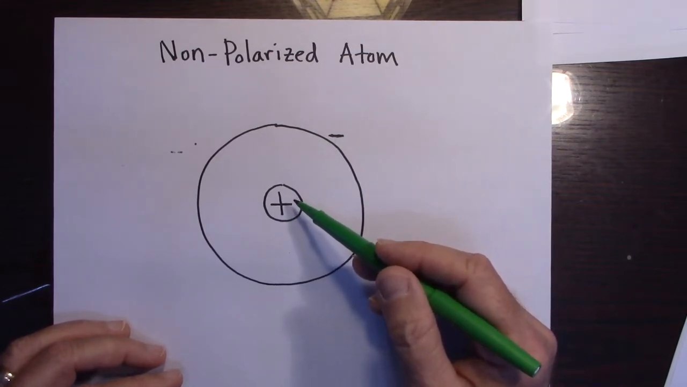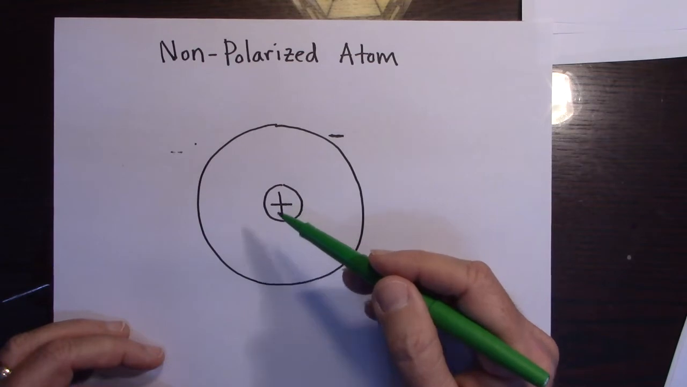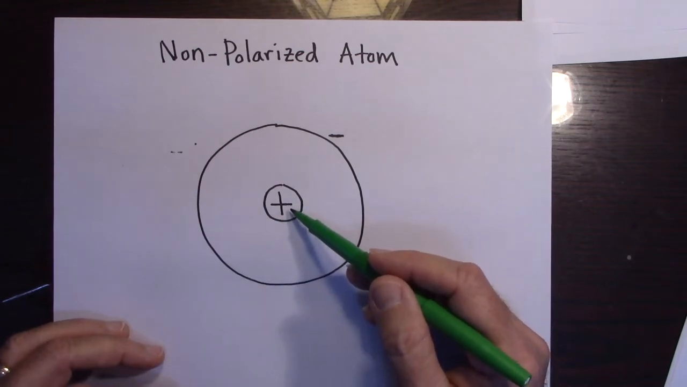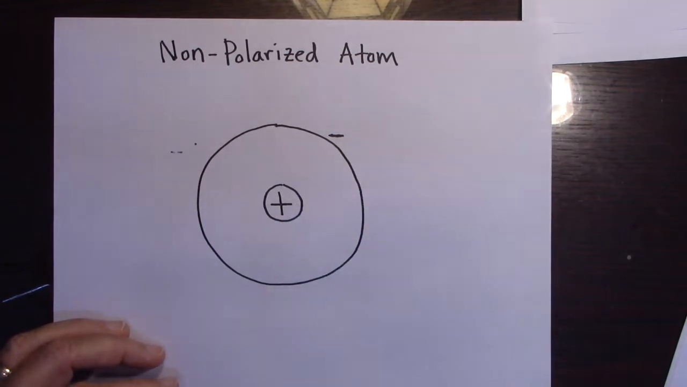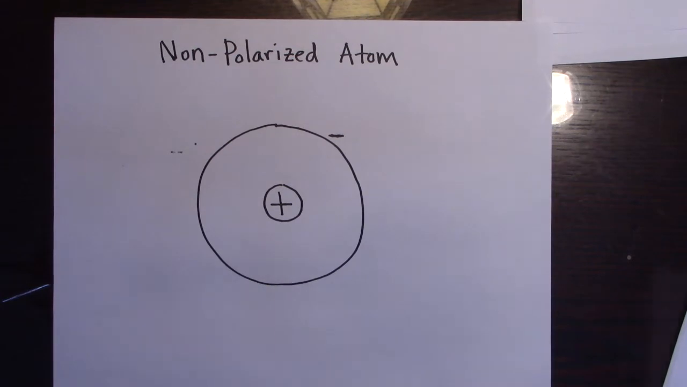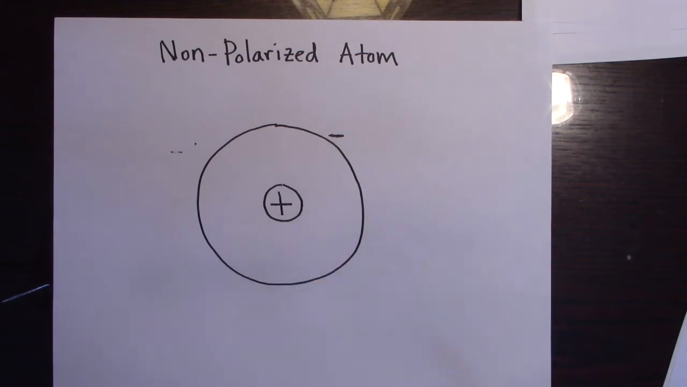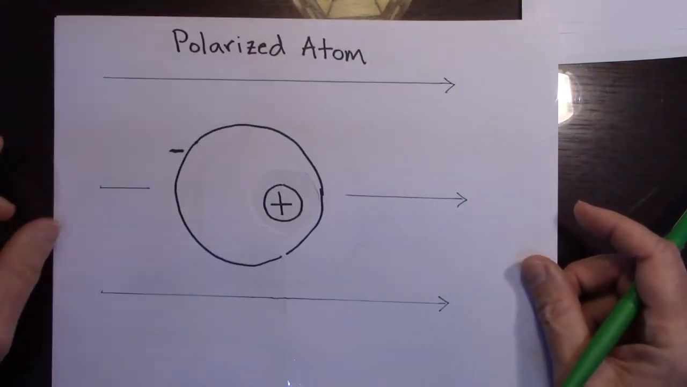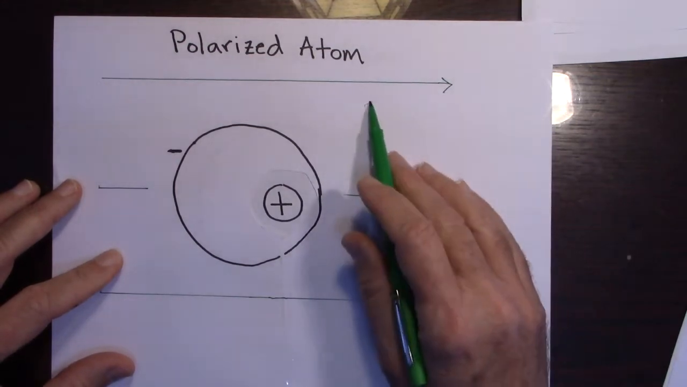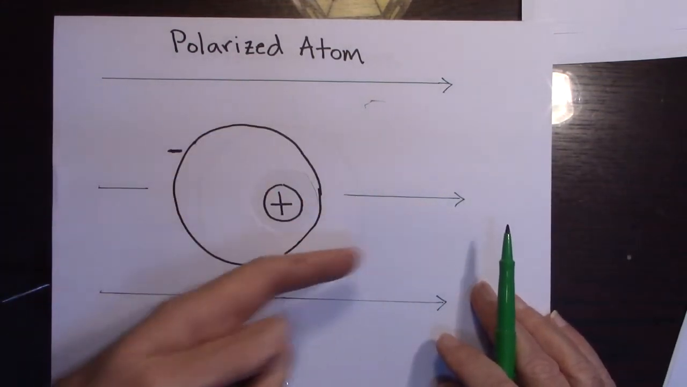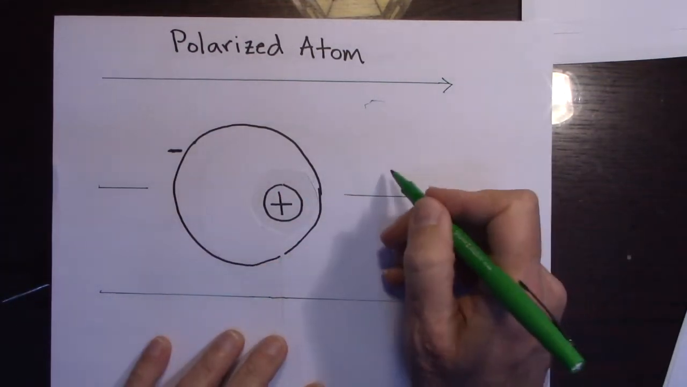But something can happen when you put this atom into an electric field. When you put this atom into an electric field, we say it polarizes. Now watch what happens. The nucleus is going to stay put, but when I put this electric field in there, going to the right, we'll call that E,